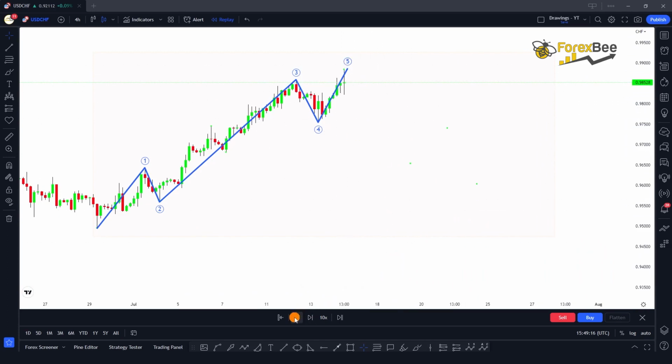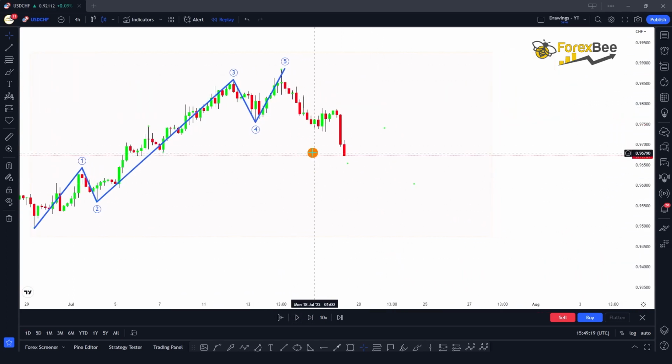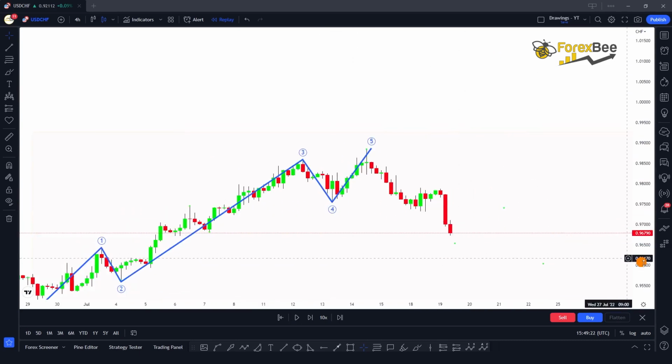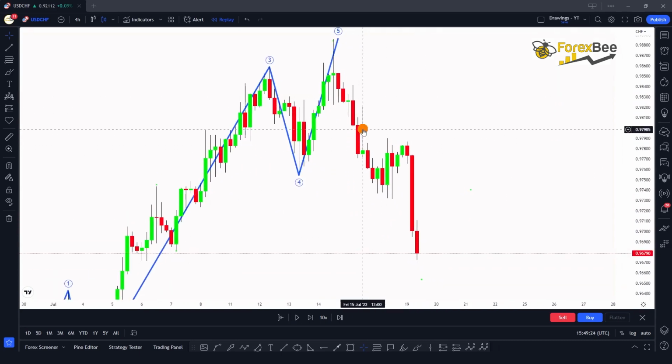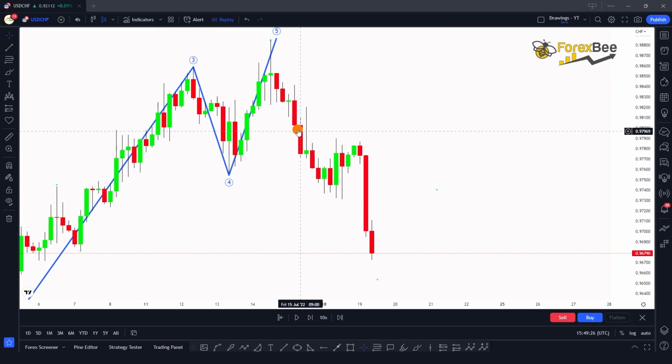So if I forward play the market here, you can see that there is the formation of this bearish pin bar, and this bearish pin bar shows us that now the sellers are in full control of the market. And with the formation of this bearish candle, breaking below this bearish pin bar, the bearish momentum is confirmed. So we can take a short position at the close of this candle here,